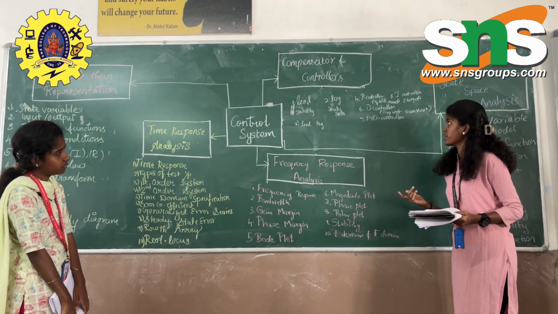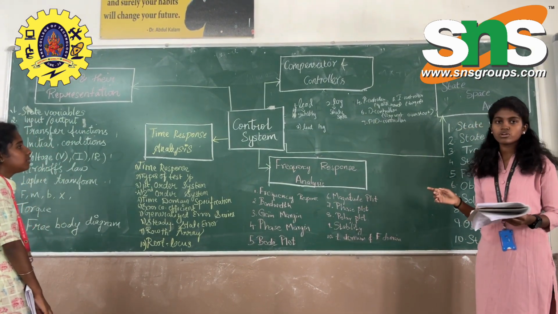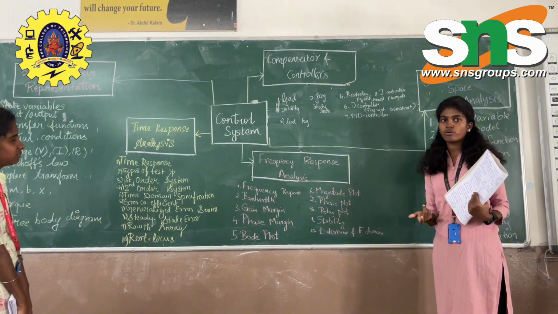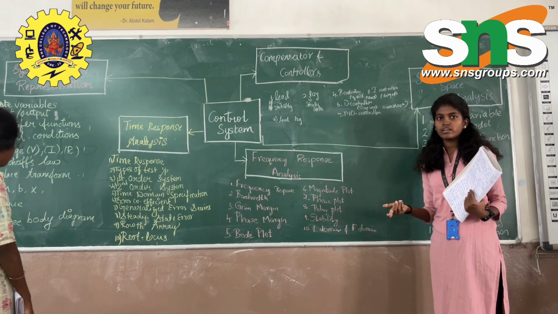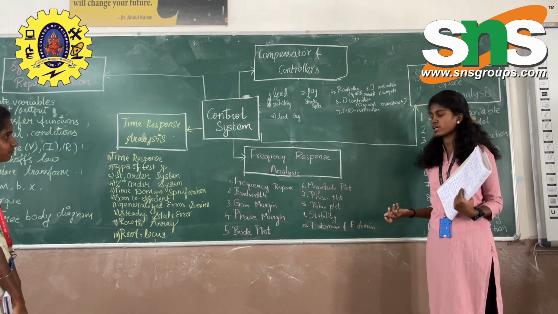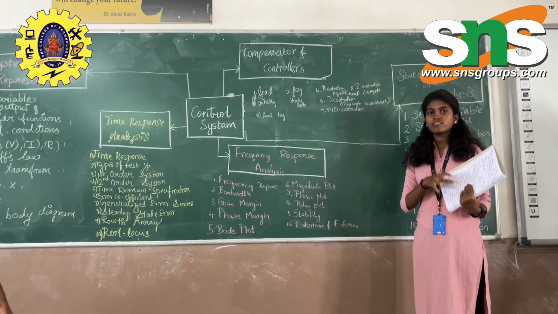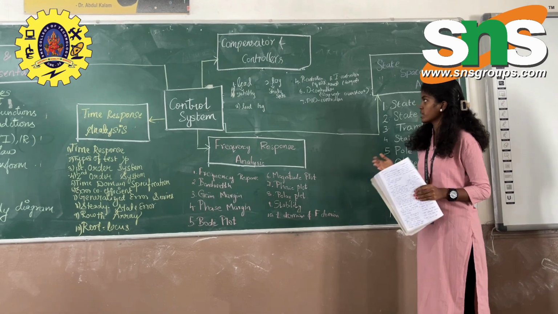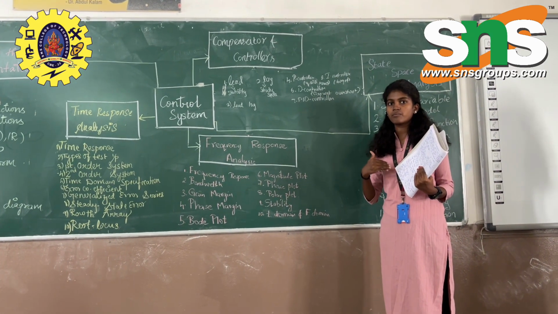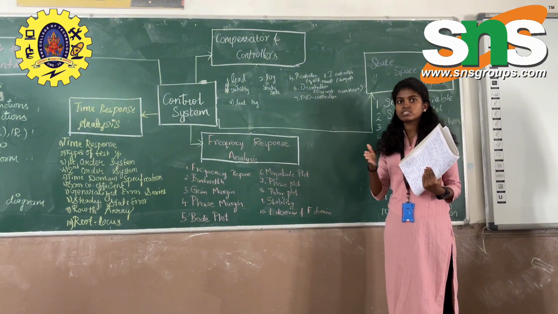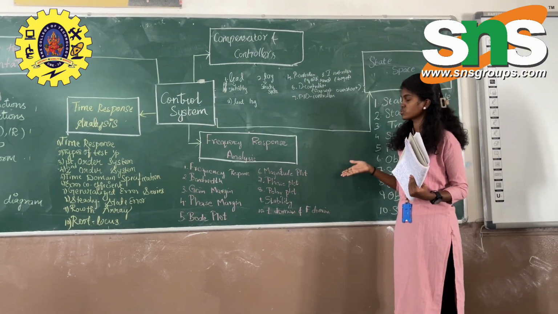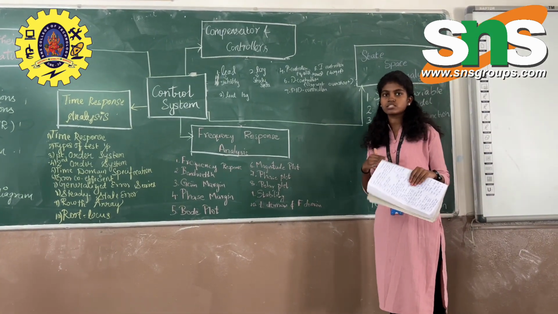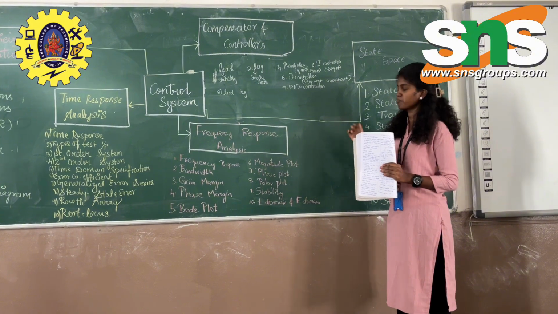In controllers, the P controller responds quickly to the input, but it gives some error. In the I controller, that error is reduced, reducing the steady state error. In the D controller, extra output is given to counter the overshoot, which prevents overshoot and gives accurate speed. These three combine in the PID controller.